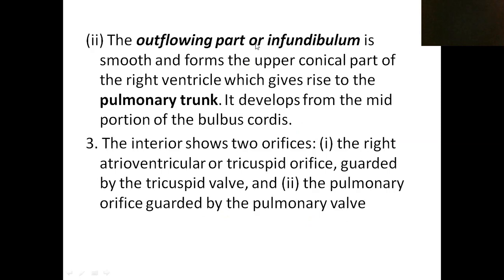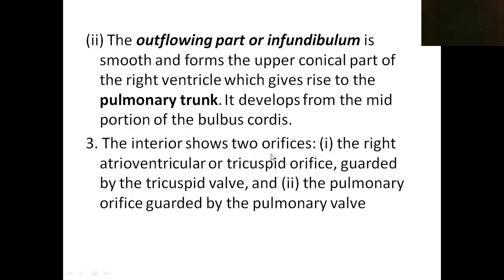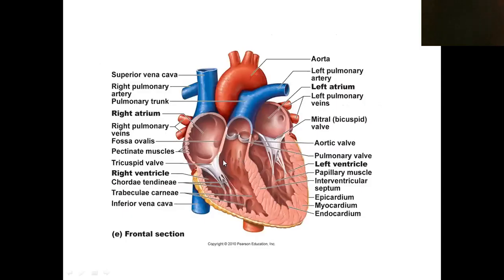Now we are going to the outflowing part. I told you it is having an inflowing part and an outflowing part. The outflowing part, which is comparatively smooth, and the pulmonary trunk arises from that. Okay, see this area, this is the outflowing part, which is smooth, and the pulmonary trunk arises from that. Now the interior shows two orifices: the right atrioventricular orifice guarded by the tricuspid valve, and the pulmonary orifice guarded by the pulmonary valve. See here, the atrioventricular orifice guarded by the tricuspid valve, and this pulmonary orifice guarded by the pulmonary valve. Okay,